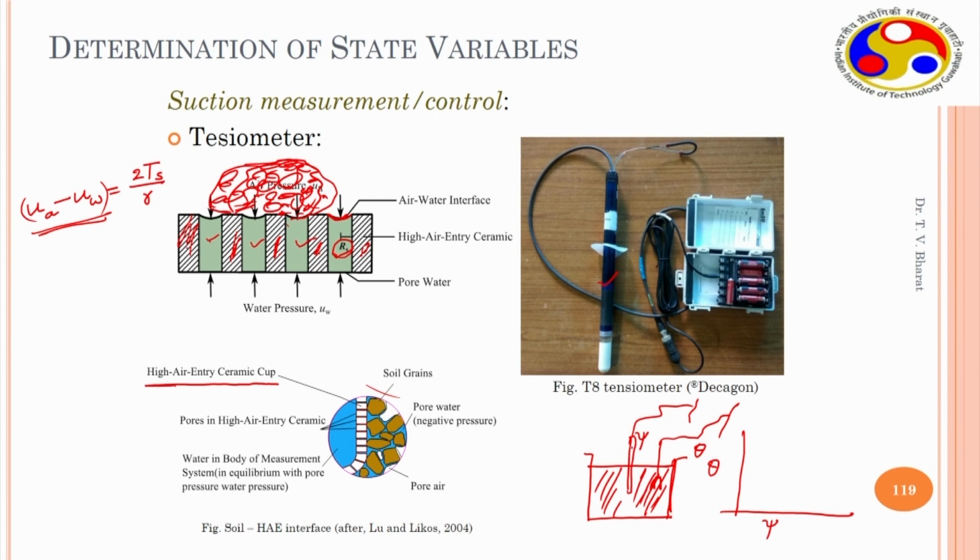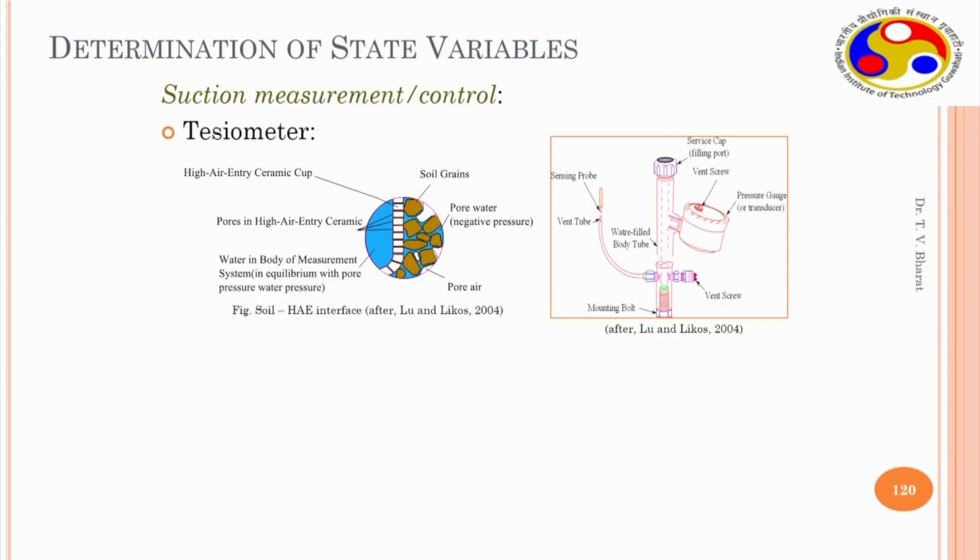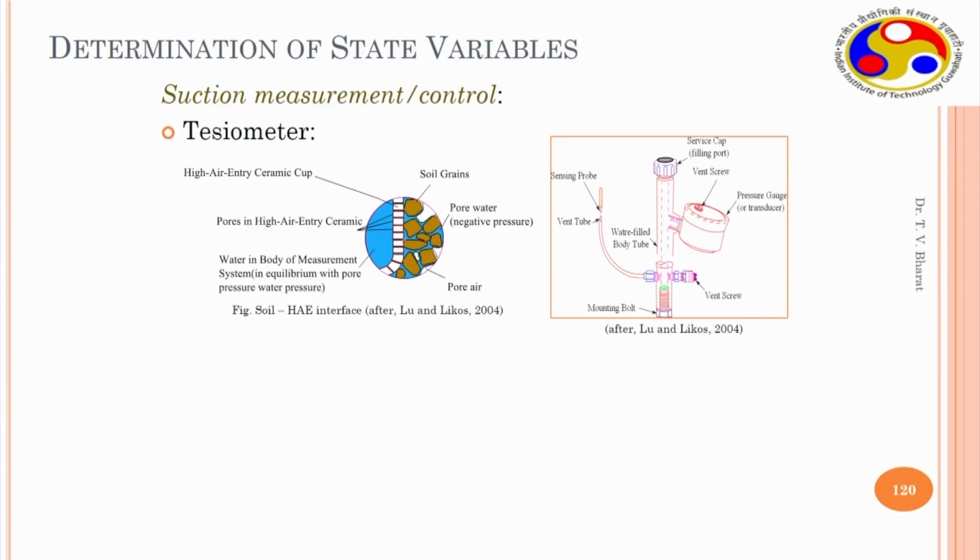Similarly, it can be used in the laboratory or in the field. So, that is the advantage of this particular technique. As we have seen, the limitation of this technique is the air entry disk. If the soil contains a negative pore water pressure of more than 100 kilopascal, say minus 500 kilopascal, but the air entry value of the high air entry disk is only 100 kilopascal, water enters through the high air entry disk pores into this body. When there is a negative pressure within the soil mass which is in contact with the high air entry disk, the negative pressure may be as high as 1000 kilopascal.